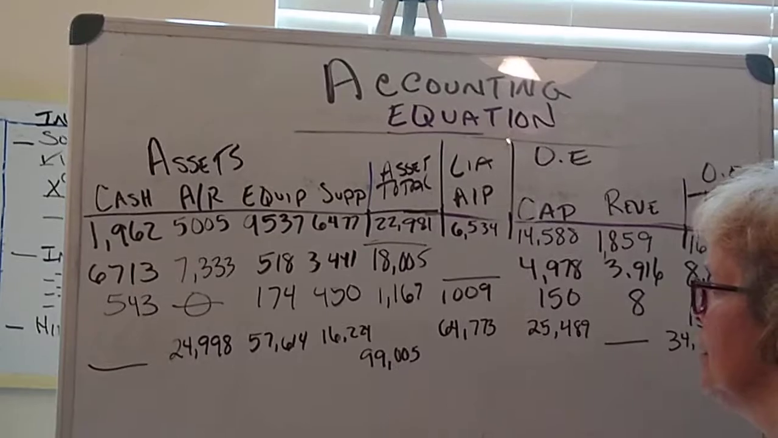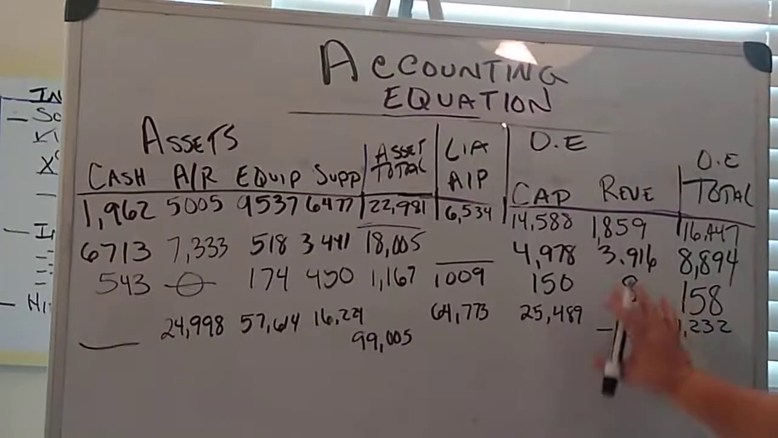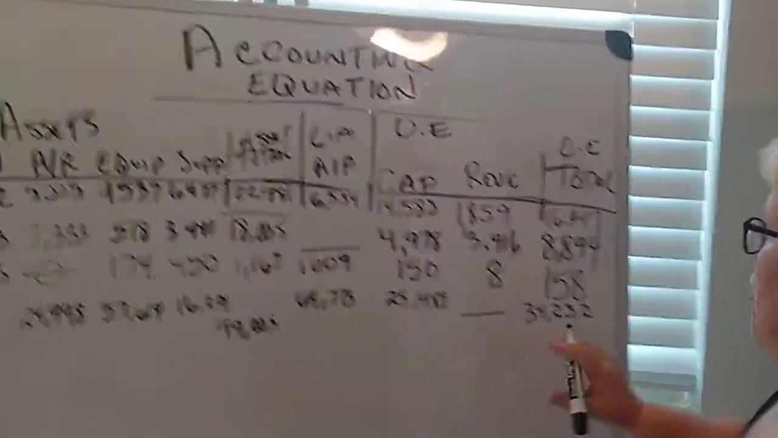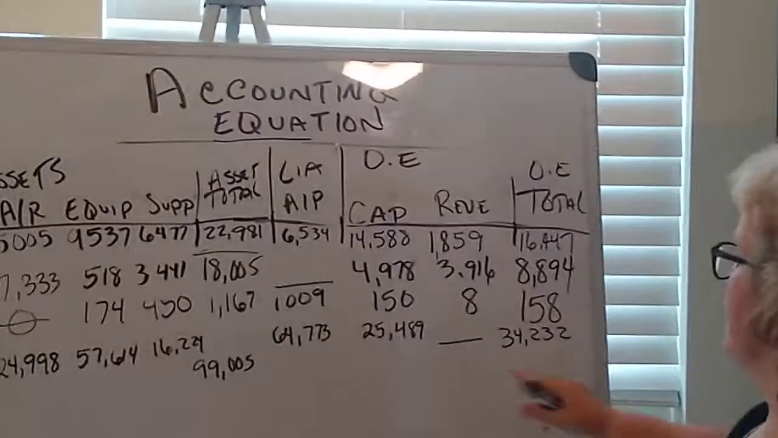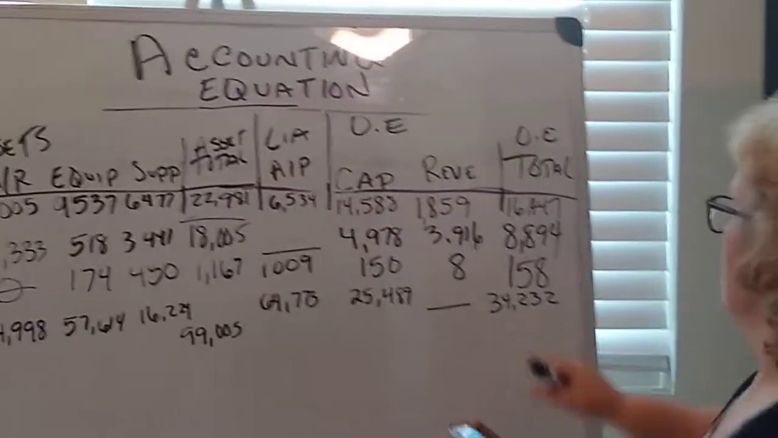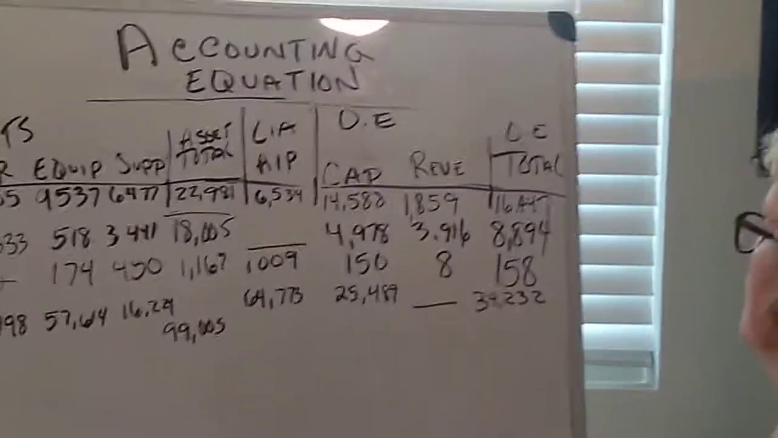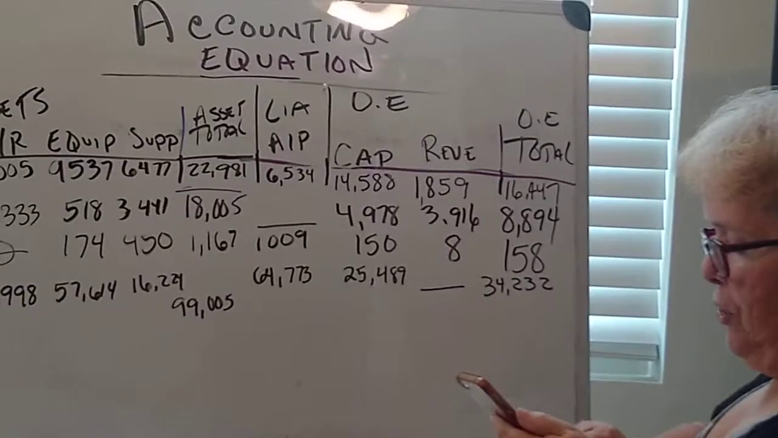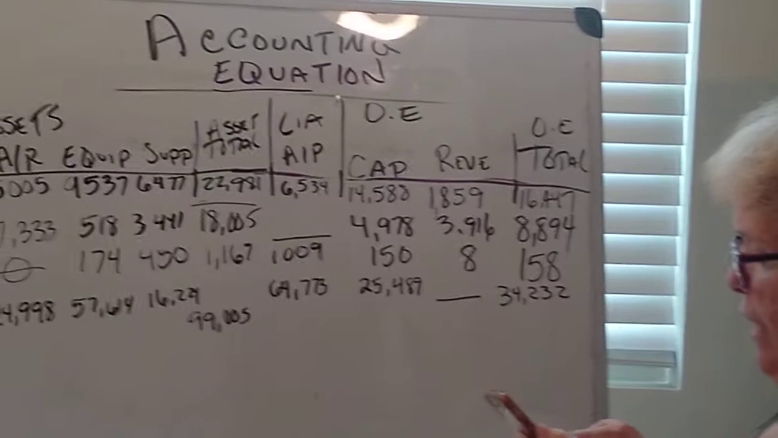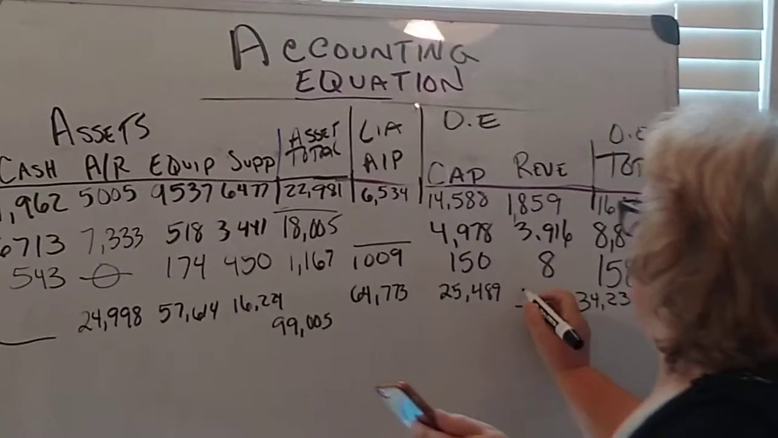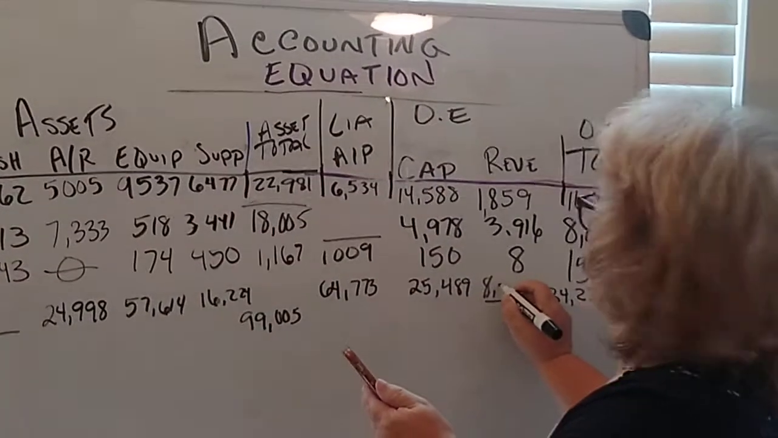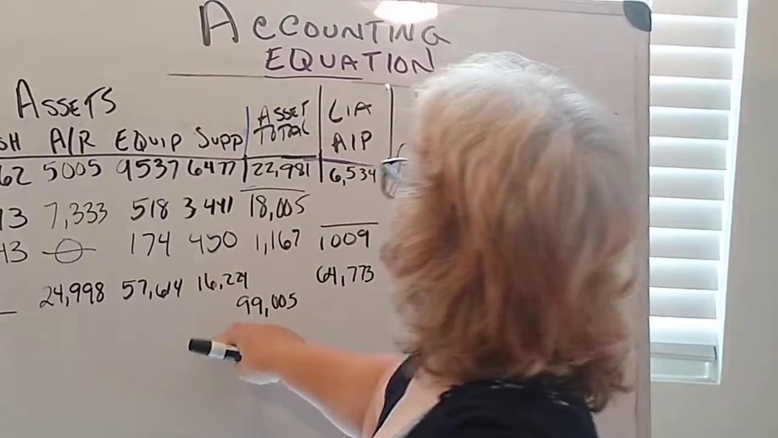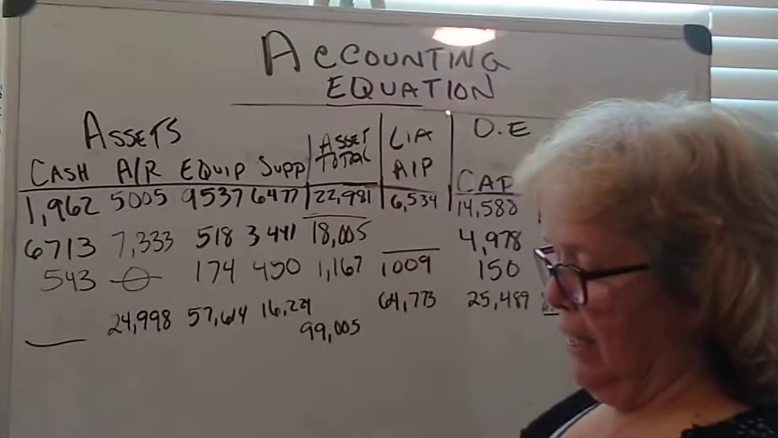Okay? So let's do our owner's equity first. Our owner's equity total is 34,232. So what do we need to do? We need to subtract that 25,489 equals, and we get 8,743. And then over here, our asset total is